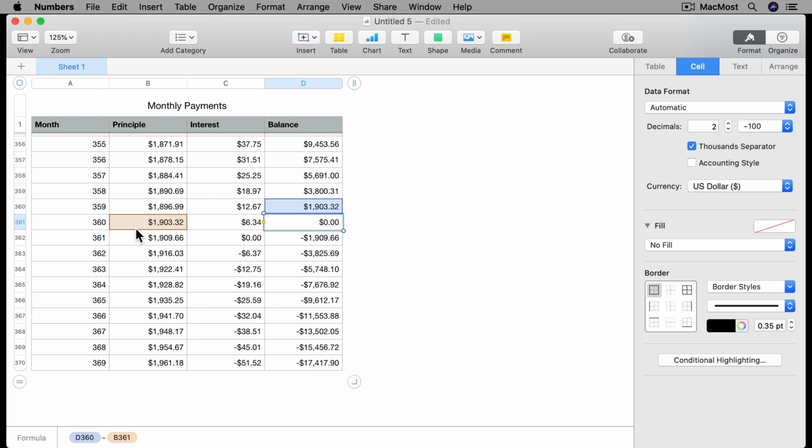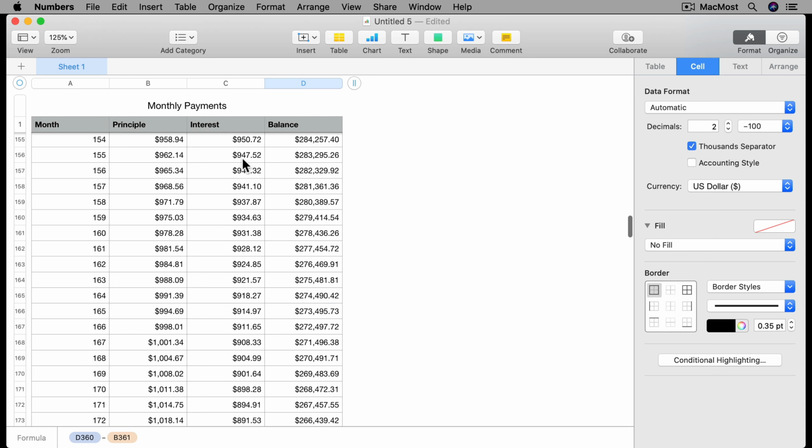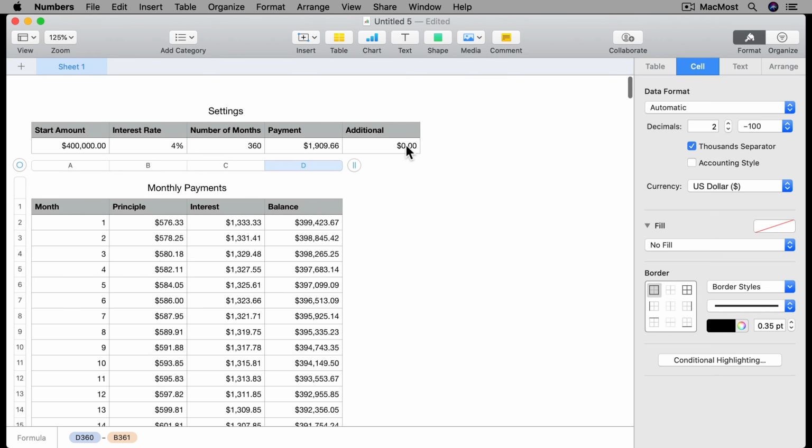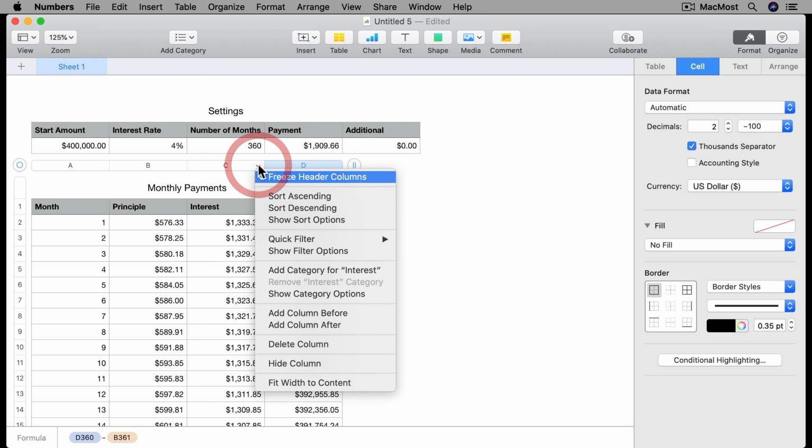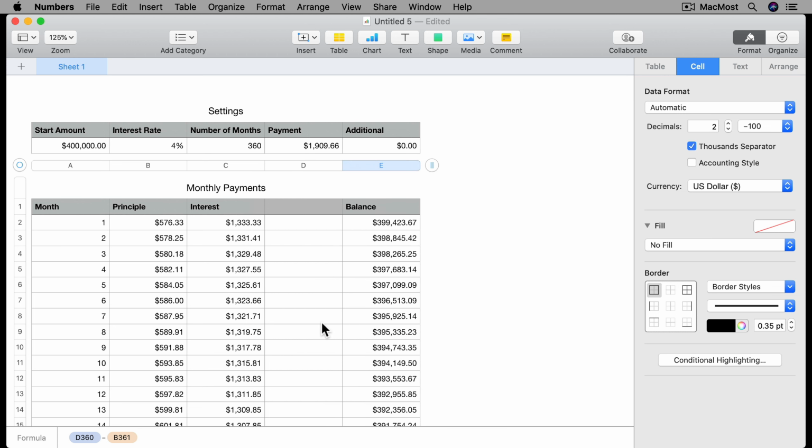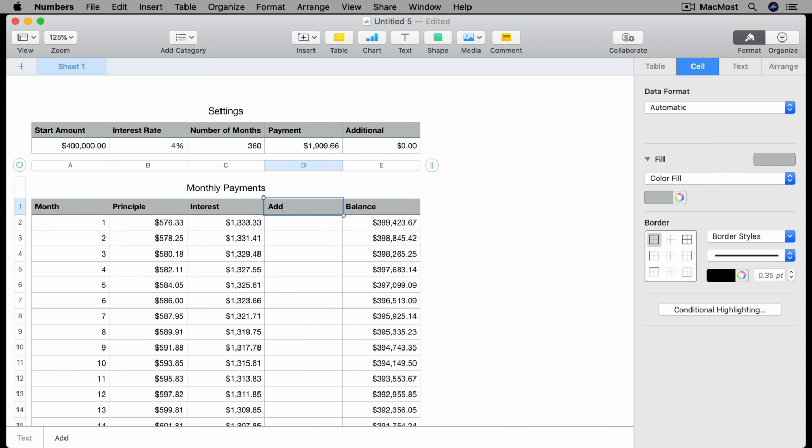Now the whole idea here is we want to be able to apply additional principal payments for each month. So let's go all the way back up to the top, and we had this little additional payment amount here. Let's add another column in here. I'm going to add a column right there, and I'll call this additional